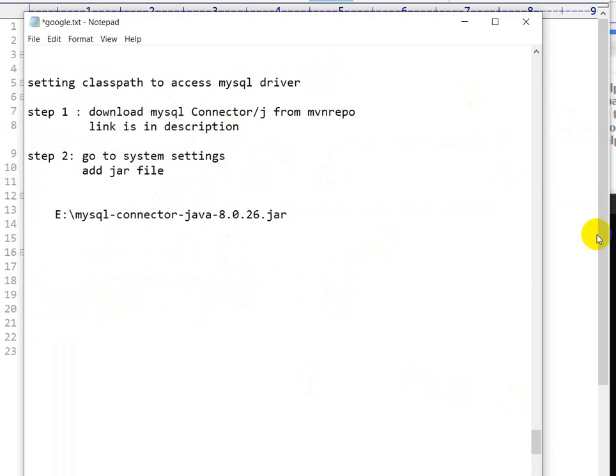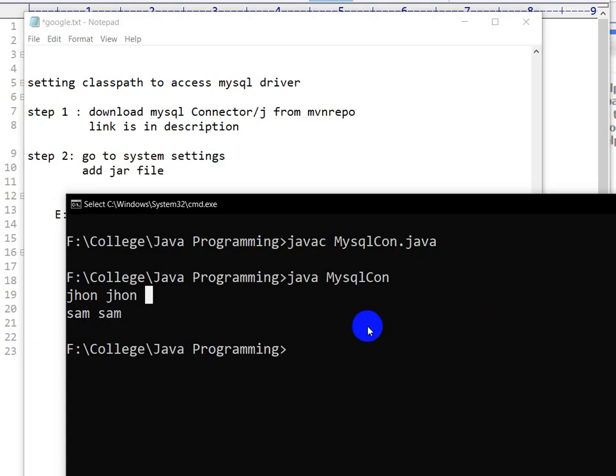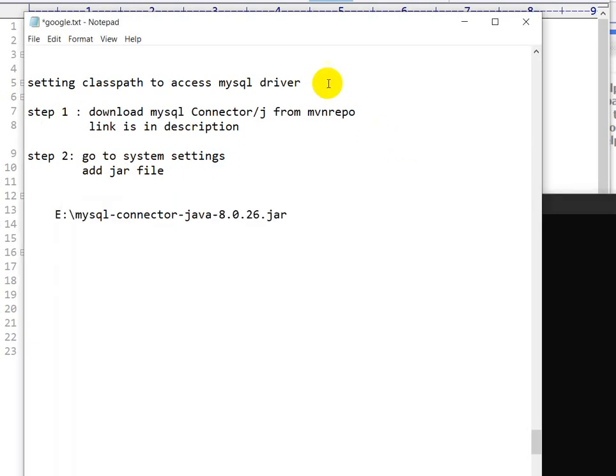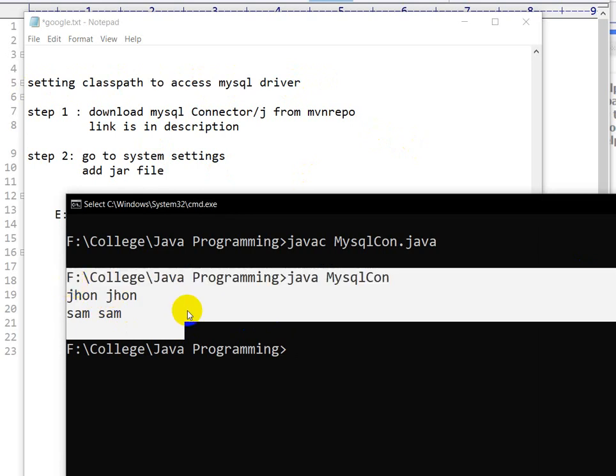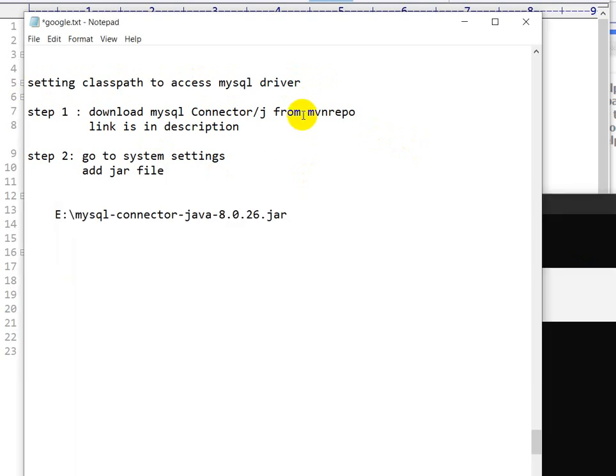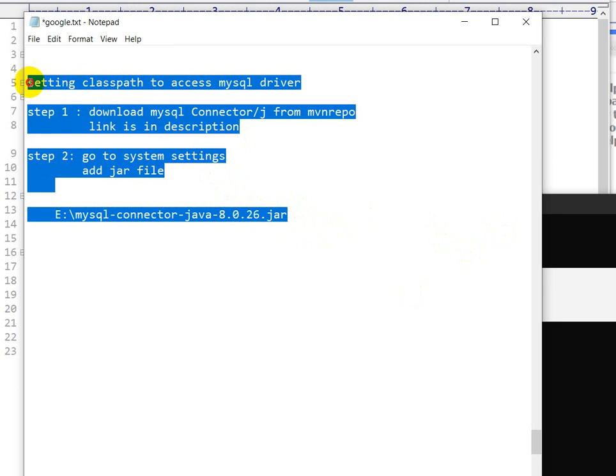If you get the correct output, that means you have successfully set the class path for the MySQL driver. If you didn't get the table data output, that means you made some mistake. In that case you can go to the start of the video and watch it again from the beginning.